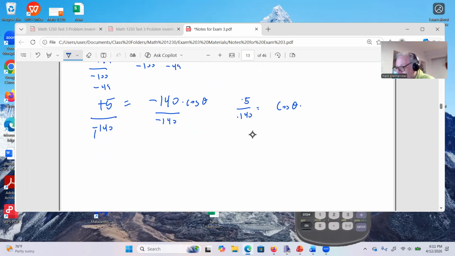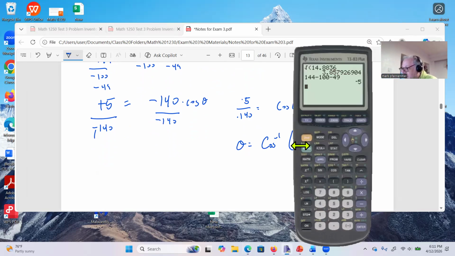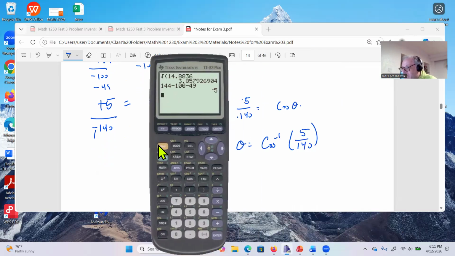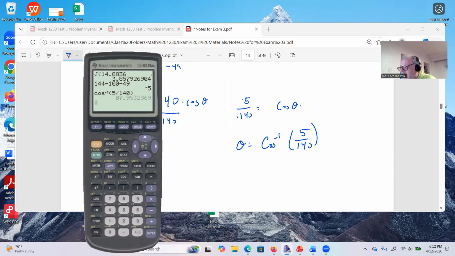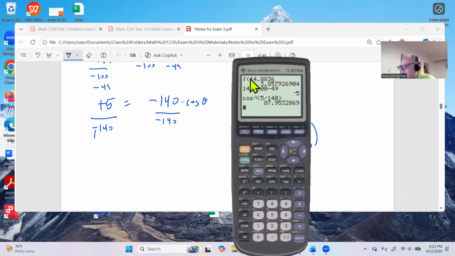The next thing we're going to do is solve for theta. Theta is equal to the inverse cosine of 5 over 140. I think I'm in degree mode, and they said to figure this out to the nearest hundredth of a degree. So we want the inverse cosine of 5 over 140, and we'll see what that gives us. This is 87.95 degrees. So theta equals